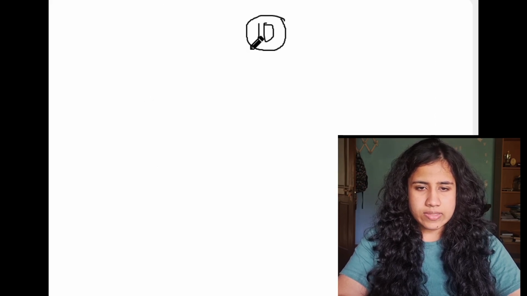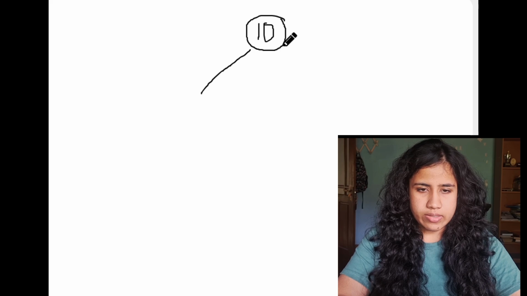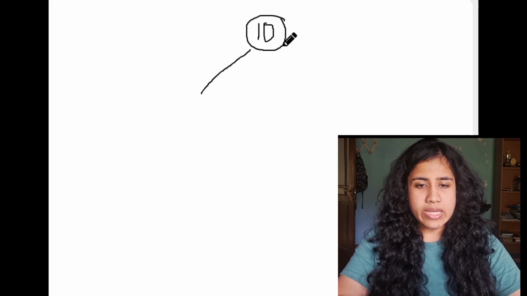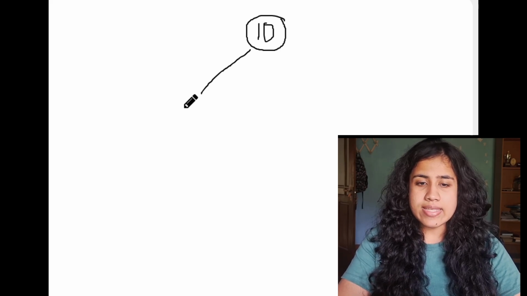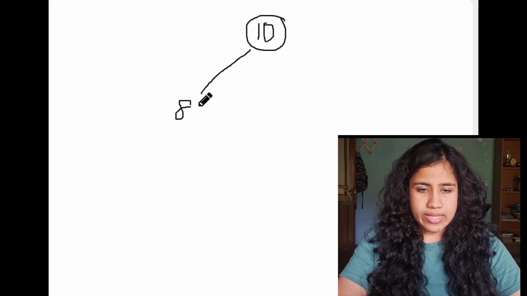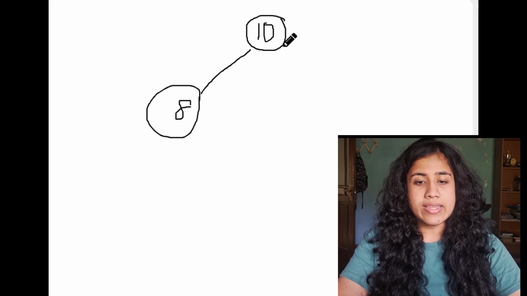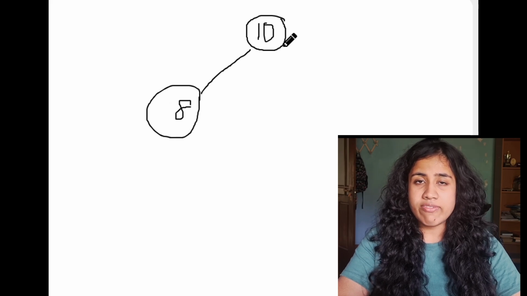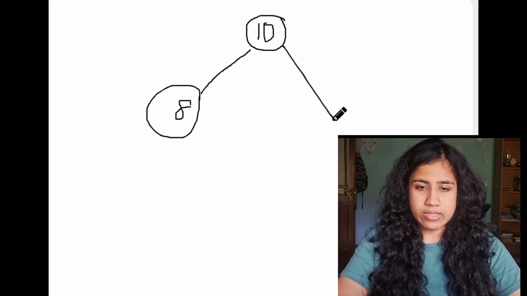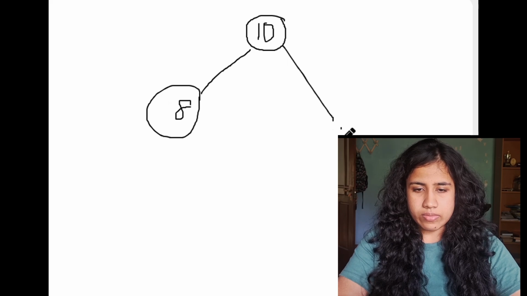Let's take 10. So the left child of the root node should have a value that is less than 10. So we'll take 8. And the right child should have a value that is larger than 10. We'll take